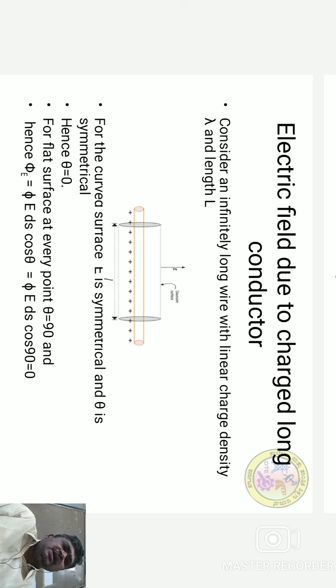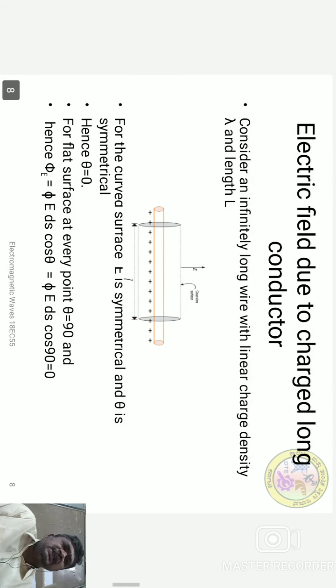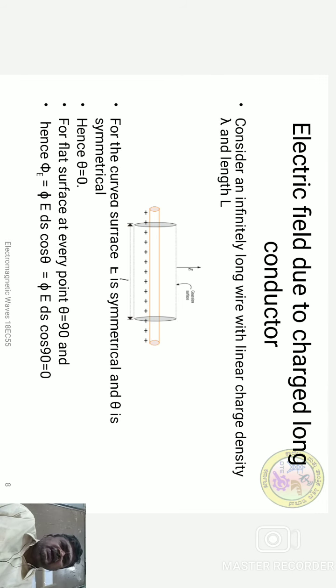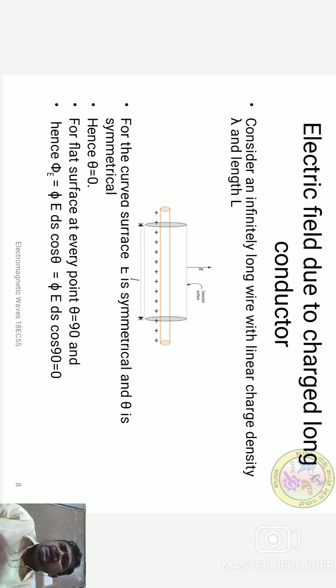You can look into the diagram. This is the second application. In the diagram we can see only the red line, and the red line is going to be the conductor. That red line conductor has the charge, plus charge q. It is not a single charge, the charge is distributed throughout the conductor.